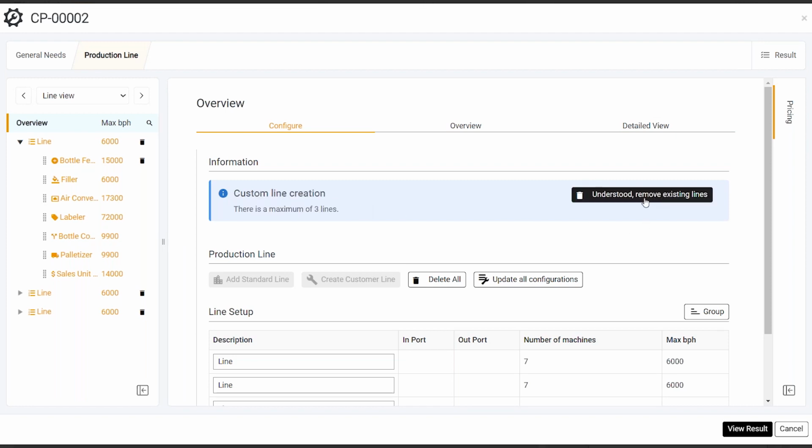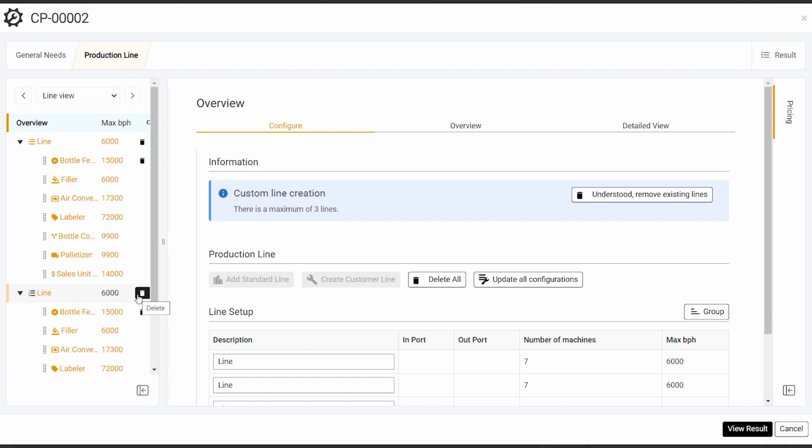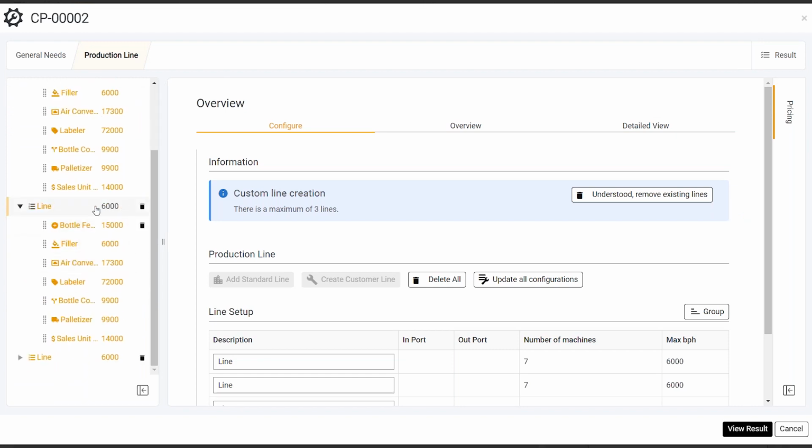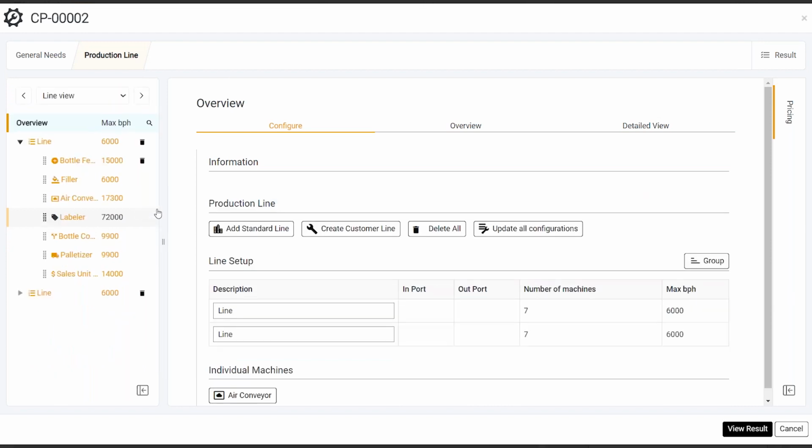You can also have resolutions already connected to this, which means that I can, in this case, remove the existing line, or I can honestly, as a user, also go in directly in the left side menu, for example, remove a line and thereby resolve the conflict that I had in the system. So all this has so far been on the system level, but every one of these machines, I can also